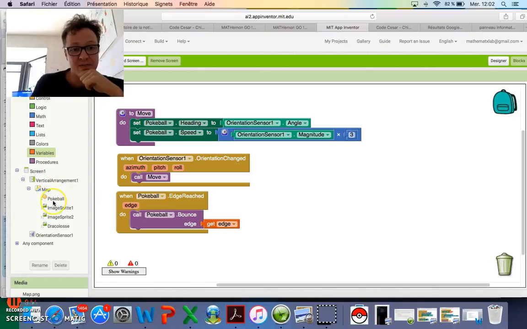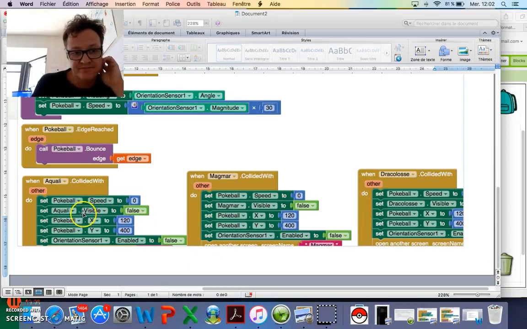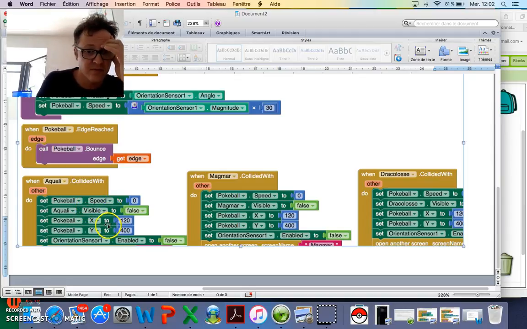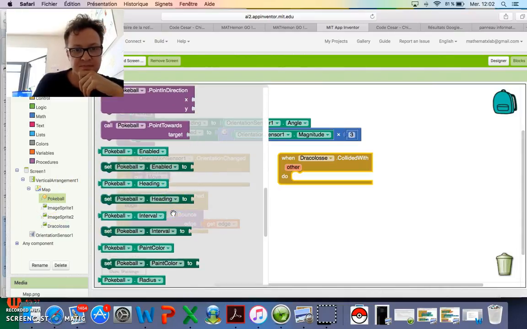Okay, now let's set up the collision with Draculus. So when Draculus collides with other, which will be the ball, okay, so the block is here. So you must stop the speed, stop the Pokeball, make it invisible, and set up the Pokeball speed to 0.